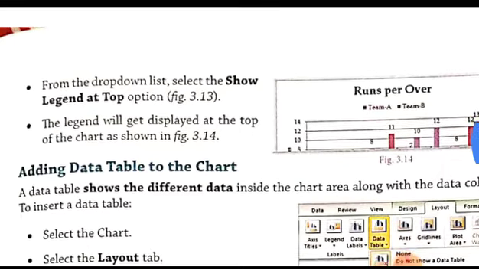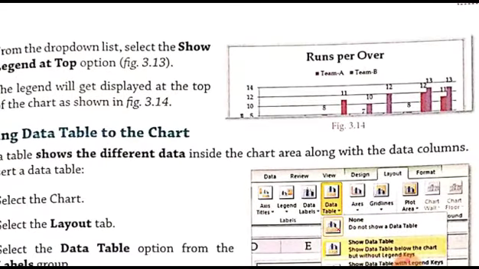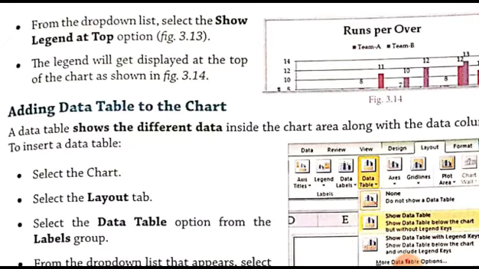When you choose this option, you can see that in this way the legend is displayed at the top of the chart. So you can see what the legend is denoting here. What are the keys? The keys are team A and team B. The keys are the value of the colors for team A and team B. Okay, this is the legend. As you can see here, it will get displayed at the top of the chart